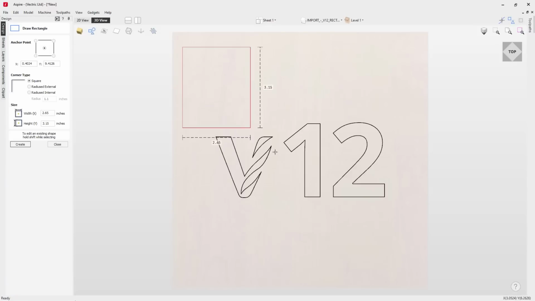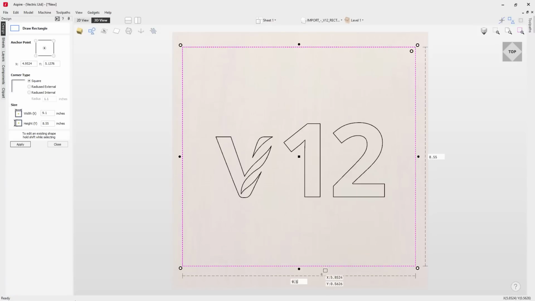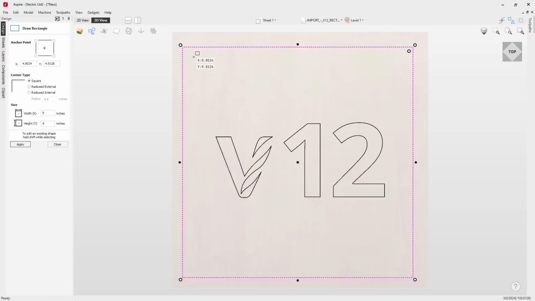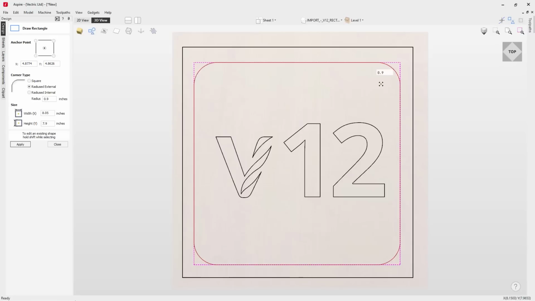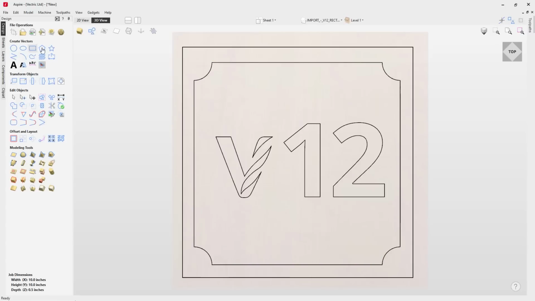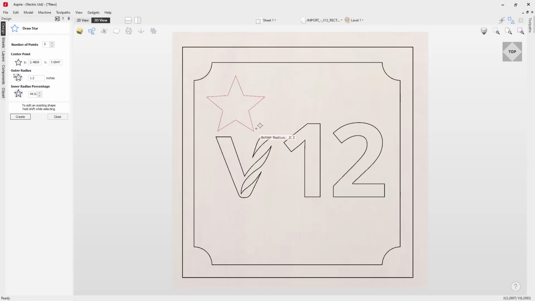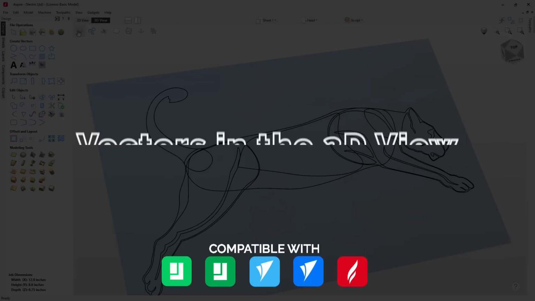We've made improvements to the way that you draw in the software, where you can now draw directly in the 3D view with many of the drawing tools. Each tool allows you to modify key properties of shapes directly on the shape themselves using handles for easy manipulation, reducing the need for you to have to go back and forth within the forms, helping for a quicker workflow.